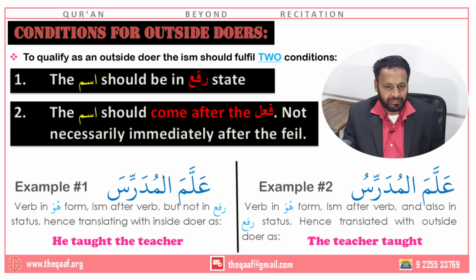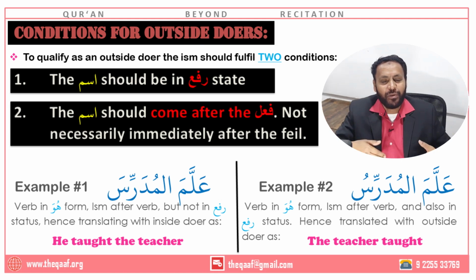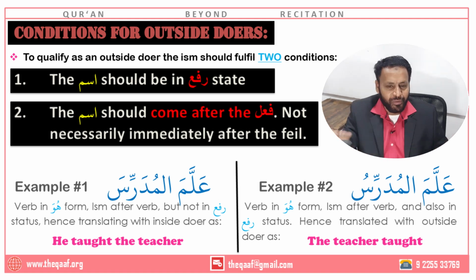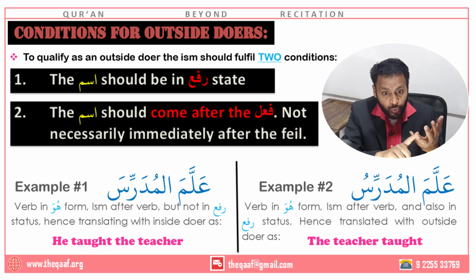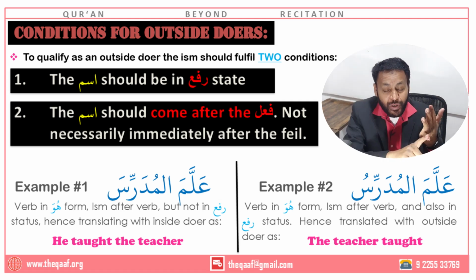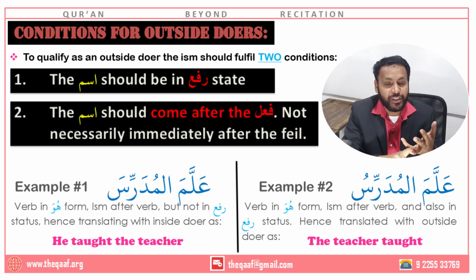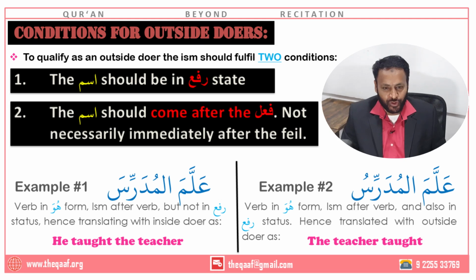He. That's it. See, without knowing the meaning, we were able to extract so much information about this. I don't know the meaning of allama. I don't know what is mudarrisa. But grammatically, we were able to figure out this is not an outside doer case. This is an inside doer case. And the doer is huwa, which means the doer is masculine, third person singular. What more do you want? Without knowing the meaning, if you can extract so much information, alhamdulillah, you have gained a lot.